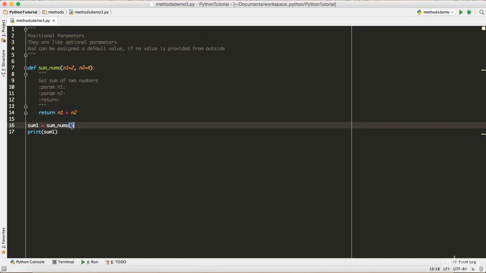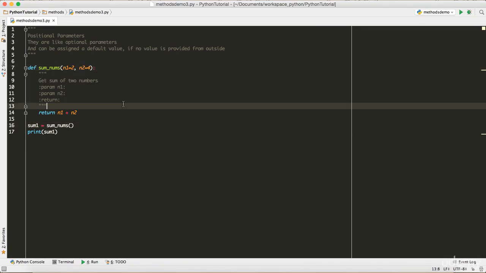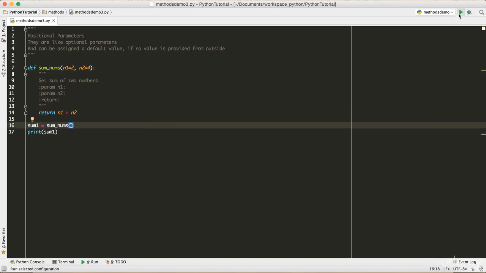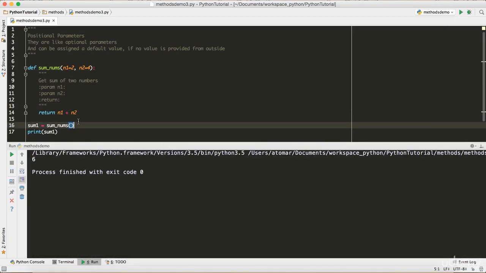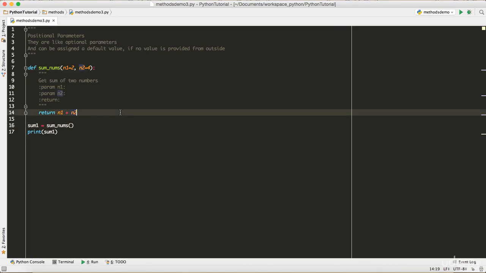Even if we don't provide them, they have a default value, so we can still use them inside a method and it's still going to work. Let's run the code this time and see what happens. And it worked, right? We didn't pass in any parameters here, but still n1 had a value 2 and n2 had a value 4, and it summed them up and gave us 6. So that's what positional parameters mean.